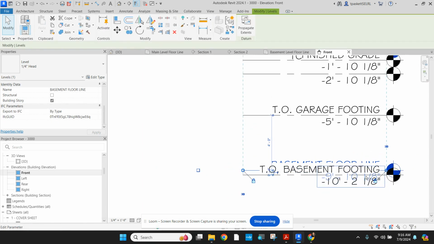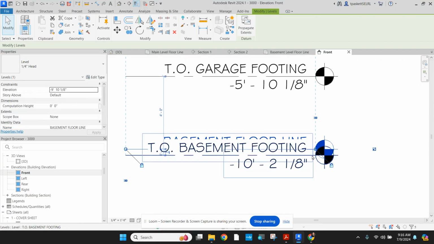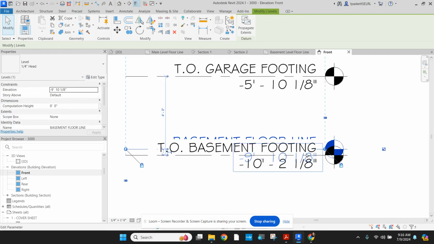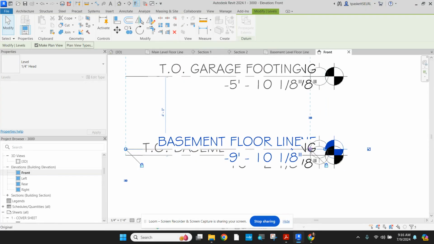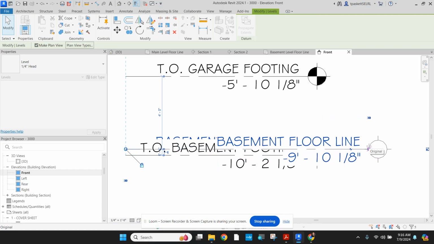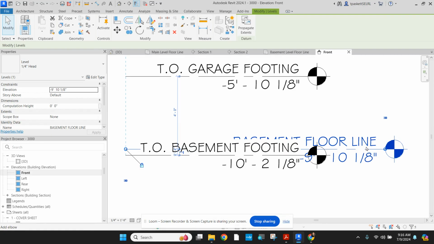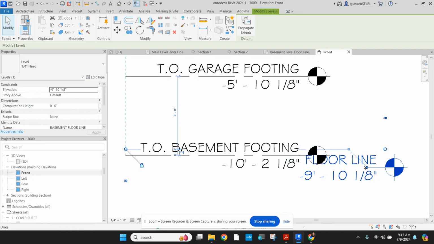What you can do is come along, find your dimension line, and you should be able to find a mark. Now, we should notice it's locked, and that's fine. But what we're going to do is hit this little square dot here, and see if we can't find a little beading element in there. So we get that to click in. It's a little tricky when they're overlapping like this. So what I'm going to do is unlock and pull this one out a little further, so you can see what I'm talking about. See this little mark right here, this little up, down beat. If we click on that, we can break